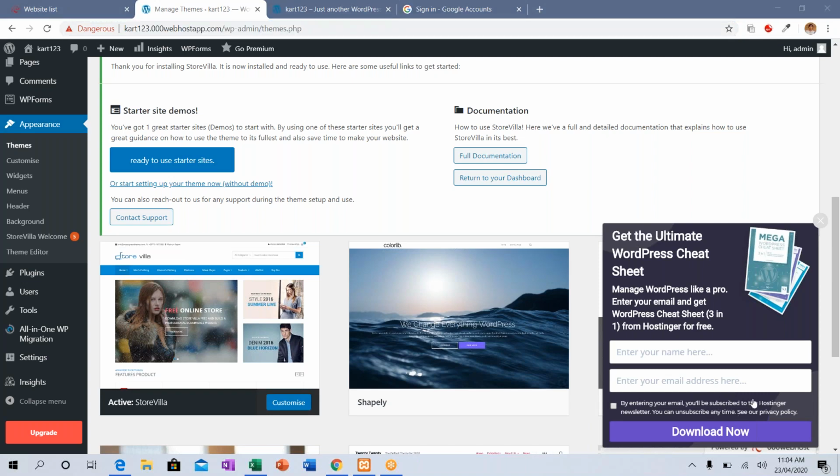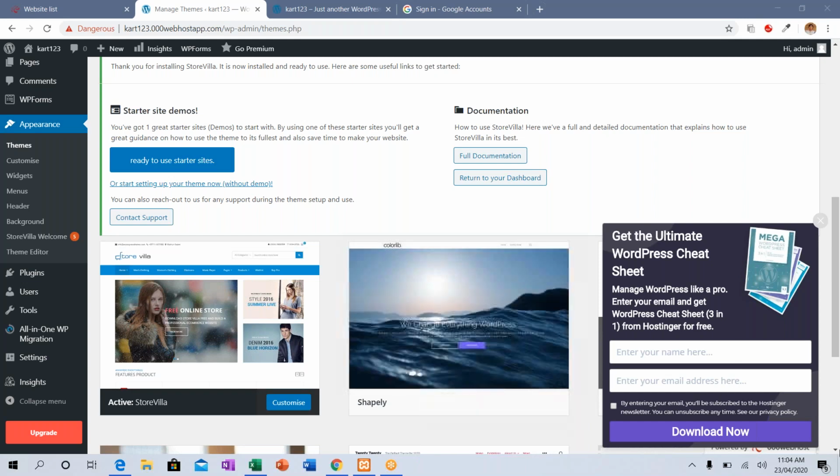Instead of my domain name, you give your domain name alone. Just click this particular link. Cart123 is my domain name. Instead of that, you give your domain name. It will redirect you to the dashboard.